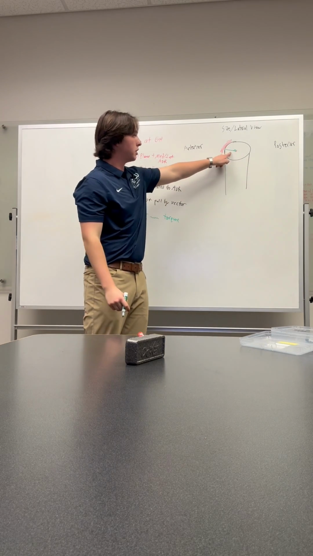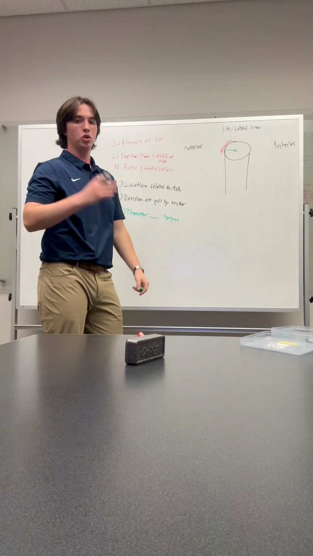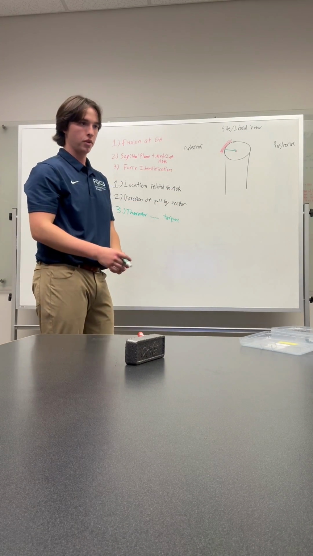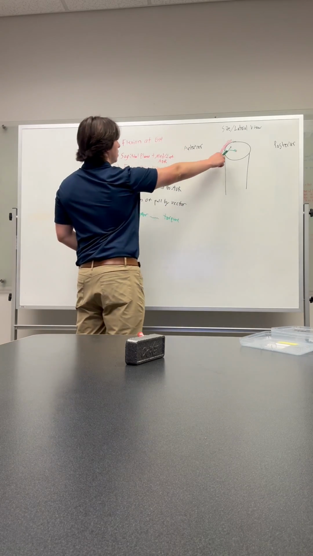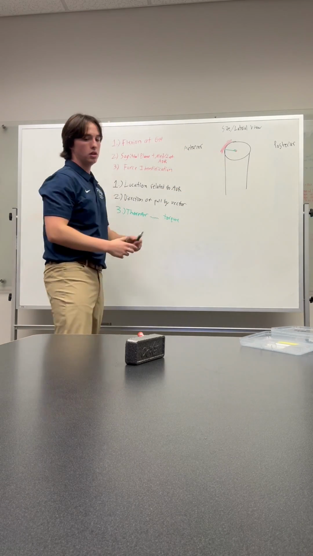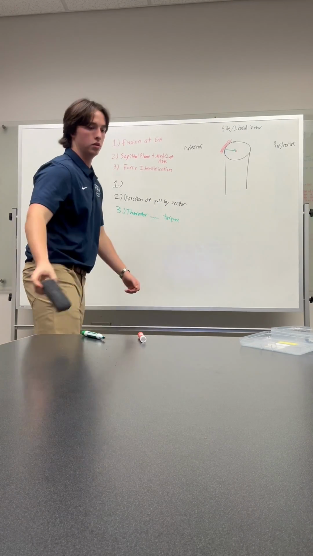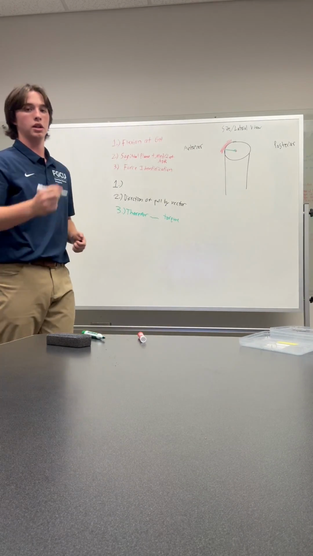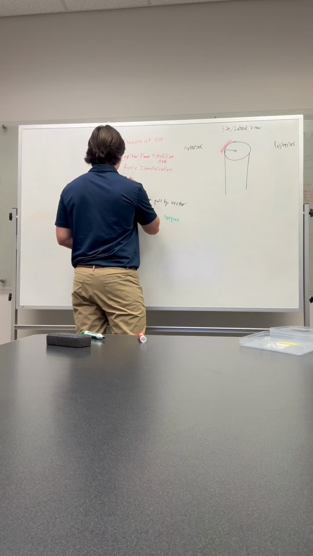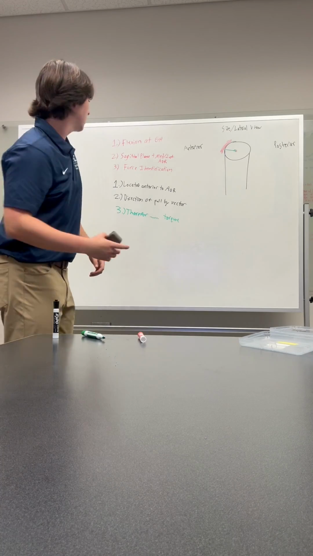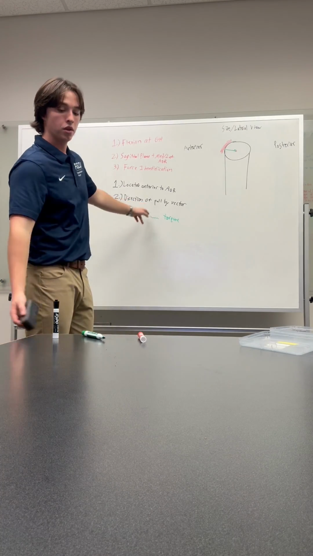So this green line here is the moment arm. Again, shortest distance from axis of rotation to the vector. And again, the vector is the muscle. This location in relation to the axis of rotation is anterior. So now we have location. The location of the vector is anterior to the axis of rotation. Now we have the direction of the pull. The direction of the pull of the vector,